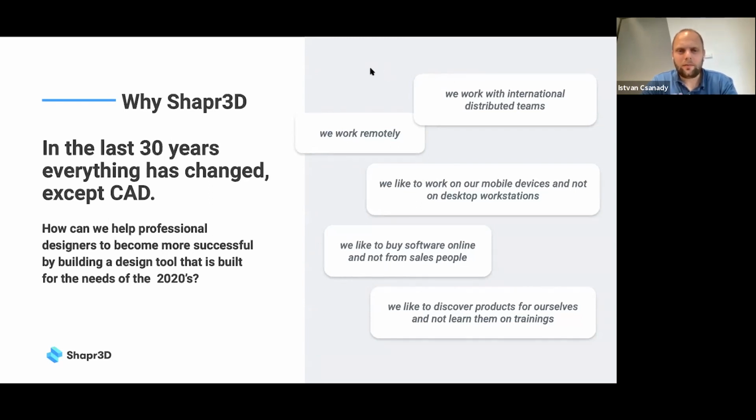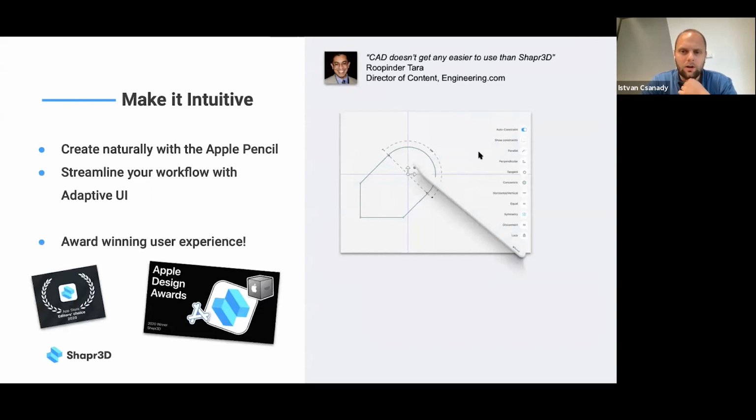We are changing quite a few things when it comes to CAD, and one of them is how accessible CAD is. So Shaper 3D was indeed designed for the iPad and Apple Pencil.